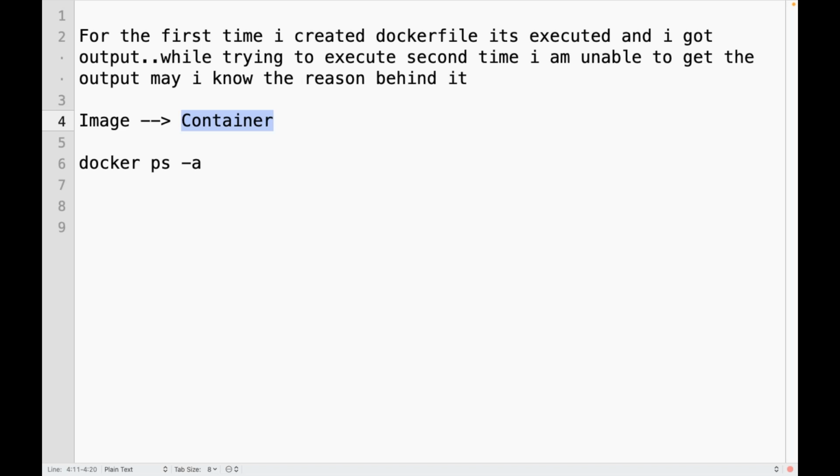If you don't mind, can I speak for 2 minutes? Yes. So the thing is, the first time when he created the Dockerfile, it got run and executed, and he got the output. And the second time also he's running the same Dockerfile,